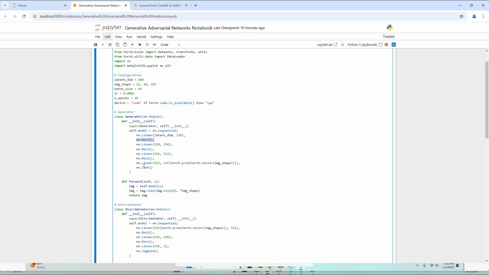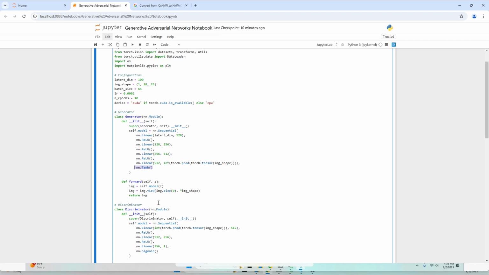The next layer increases the complexity of the features. The 128 dimensional vector goes through layers of again 256 and 512 units. Now the last one is Tanh, the final activation function. This squashes the output values to be between -1 and +1. This is very important for image generation, as you know the pixel values in the MNIST dataset are normalized